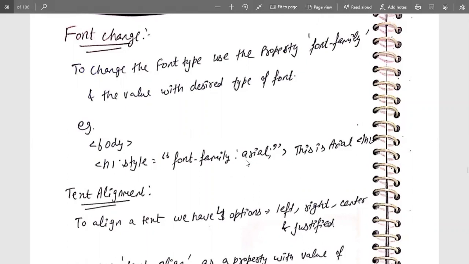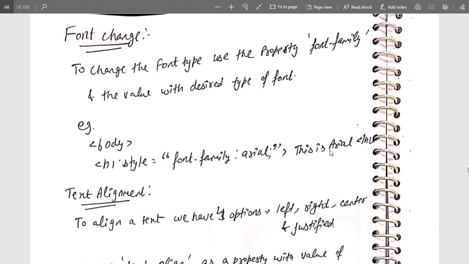It means whenever I insert any text in this heading, it will be formatted in Arial. The text is called the content of the HTML tag. So this heading is represented in Arial formatting.